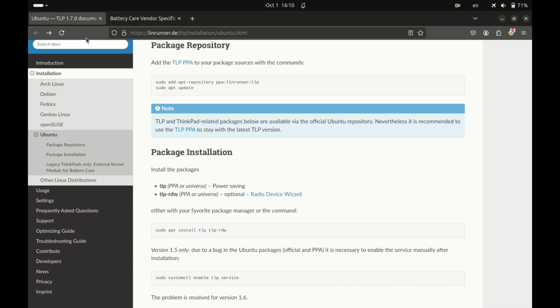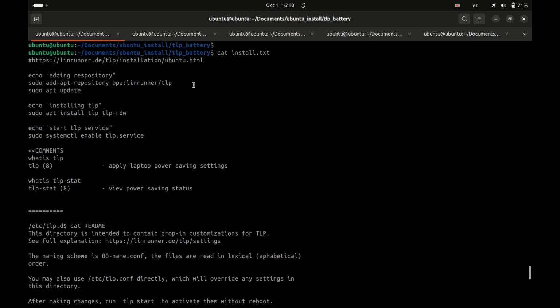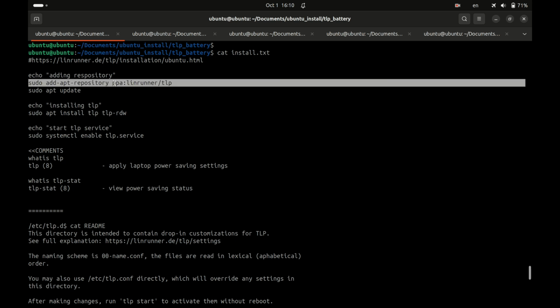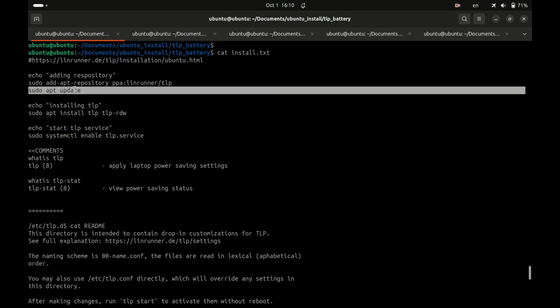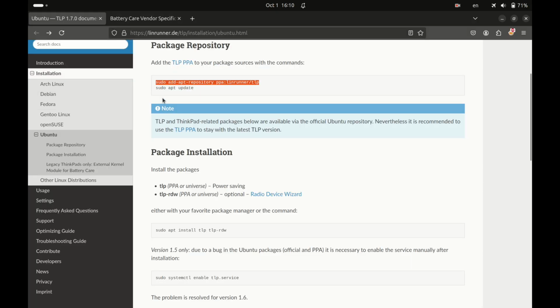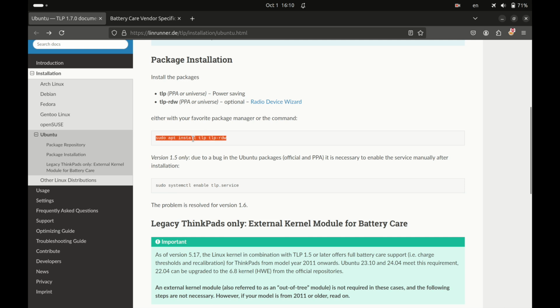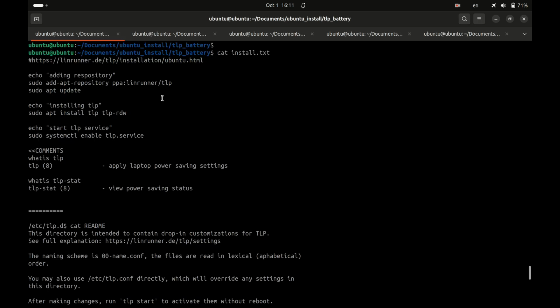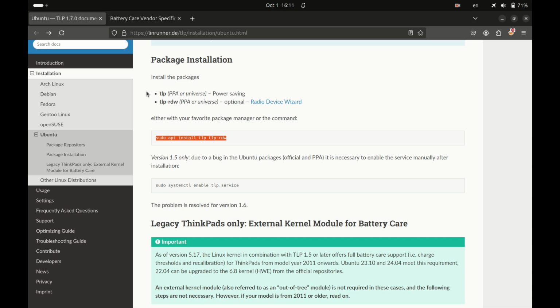After that, you have to install the software by using the command sudo apt install tlp and tlp-rdw. And after installation of this software, you have to start the service tlp.service,